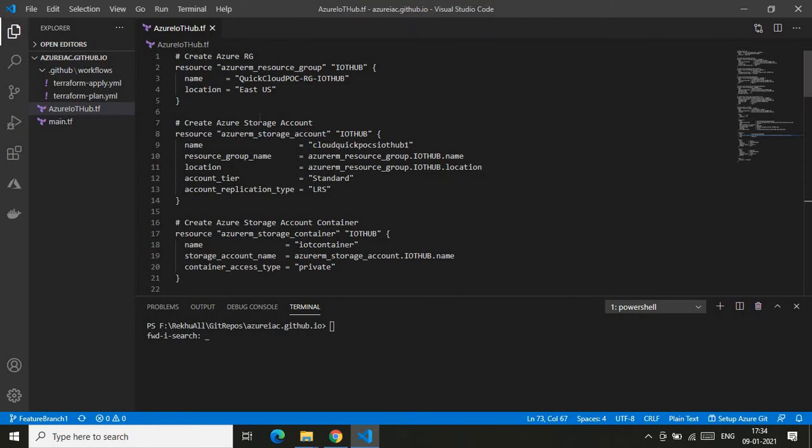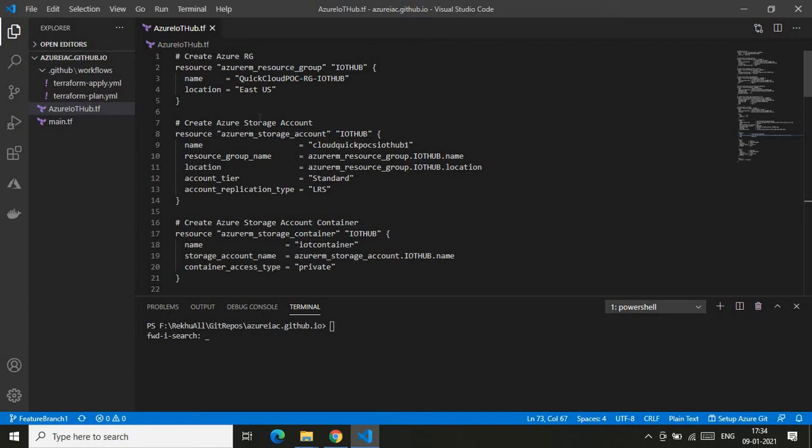And finally, this is the Azure IoT Hub.terraform file. This is the core Terraform file, which is responsible for creating the end-to-end resources that are required to create Azure IoT Hub using Terraform. And we are invoking this file via GitHub Actions. I will show you that demo at the end of this code walkthrough. So let me quickly walk you through this main file so that you will understand how you can code the Terraform to create the required Azure IoT Hub service.